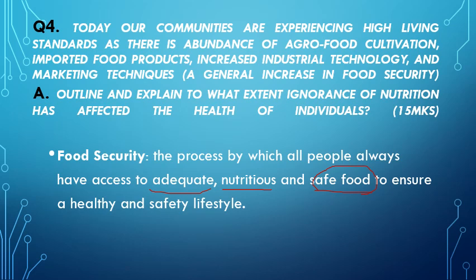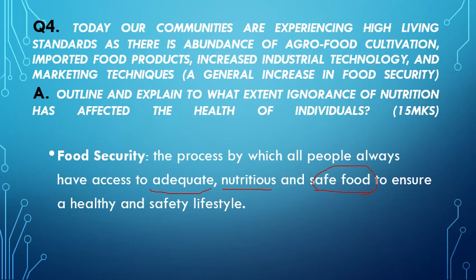But if by chance that plate of food happens to be contaminated or intoxicated or poisoned, it therefore means that, upon consumption, instead of bringing about health, it is instead going to bring about what? Disease, which is not what we want. You are consuming food not to be unhealthy, you are consuming food to be healthy. So the moment the food becomes contaminated, it is no longer safe. That is why food security emphasizes so much on these three aspects: adequacy, nutritious, and safety,